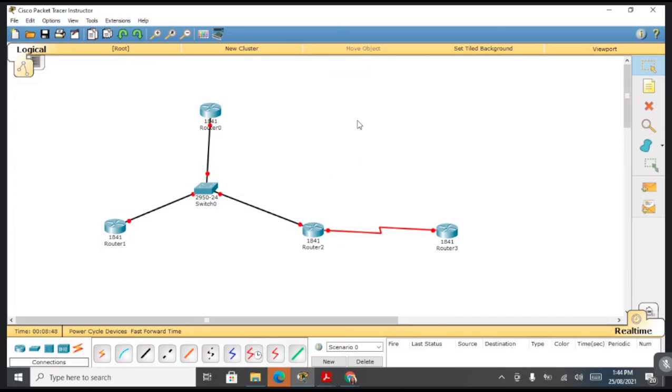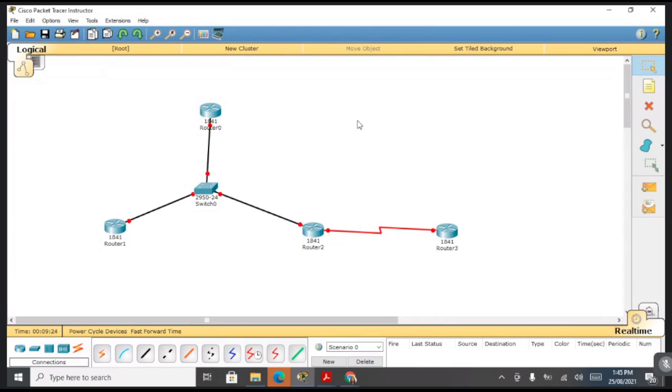Now after this, next you need to define on which interfaces OSPF will run, as well as what networks will be advertised. For that, the next command we have to pass is the network command. It takes three values. After network, you have to pass an IP address, then the wildcard mask, second is the wildcard mask, and third is the area ID. Here you know about the IP address, but the second parameter is the wildcard mask.